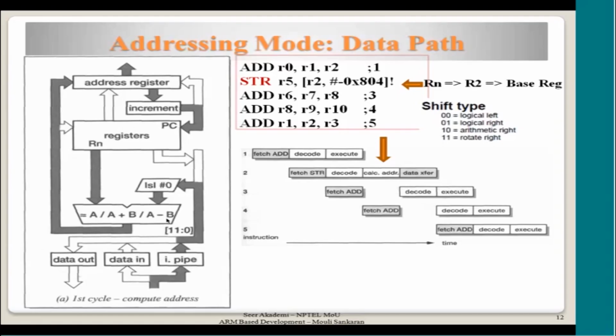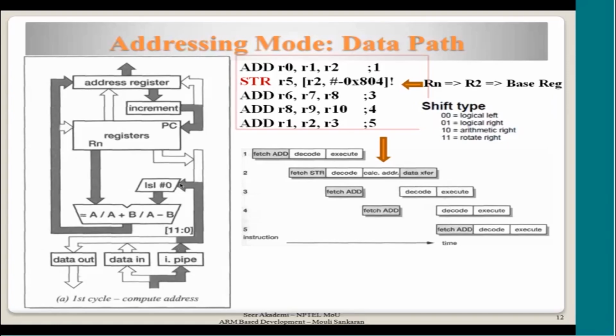Why are we using the ALU? Because you are doing arithmetic here. Based on whether plus or minus is given, you will be either adding or subtracting this constant which has come along with the pipeline, along with the instruction. It is decoded into a 12-bit immediate constant which is coming along with the instruction. That is why there is a darkened path here. What does it mean? From the decode stage, this 12-bit constant is coming to this pipeline register